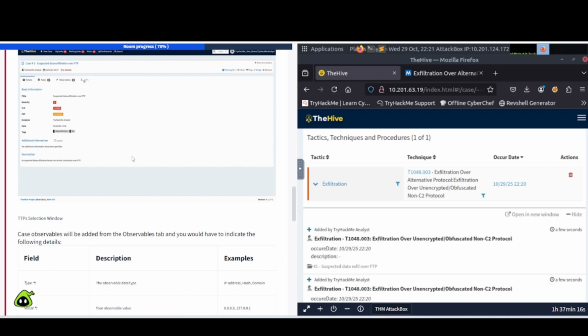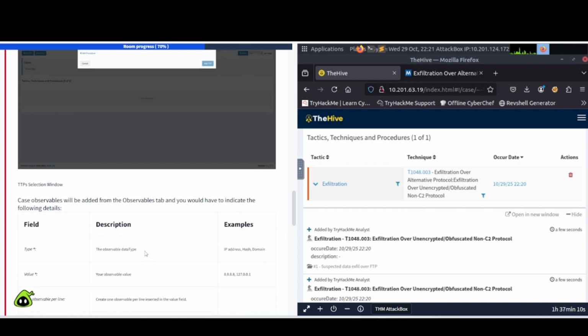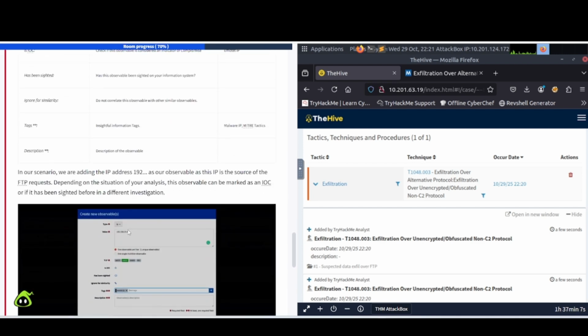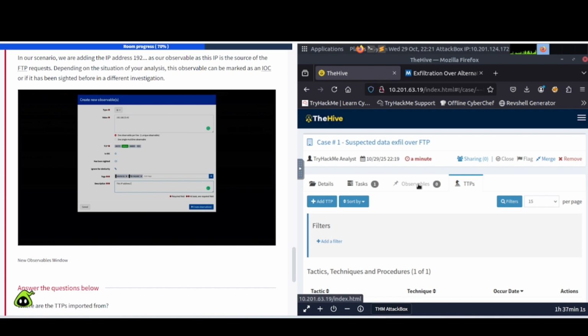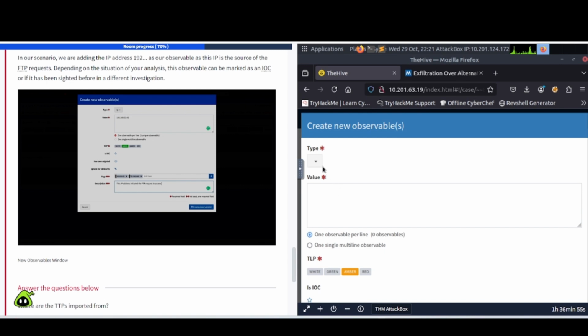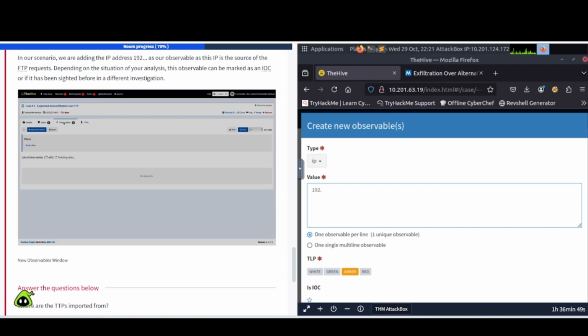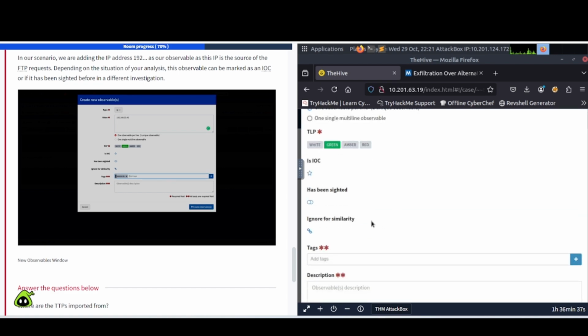All right, so we're done with that, and I believe that's all we have for now that it lists. There's something else down there we need to add. So observables, we need to add this IP in there, I guess. So add observable, type IP. Okay, what does that say? 192.168.293.42, green, and tags: source IP,